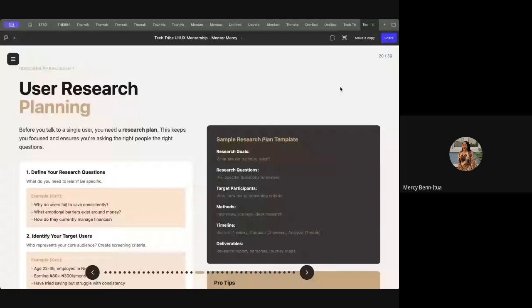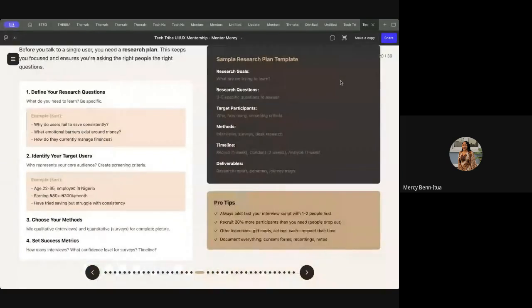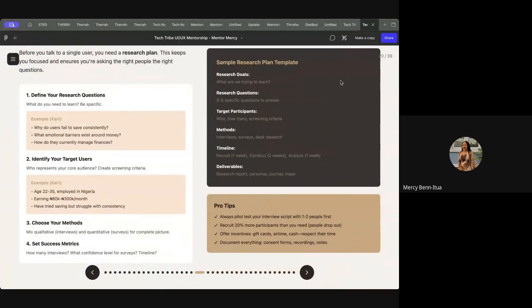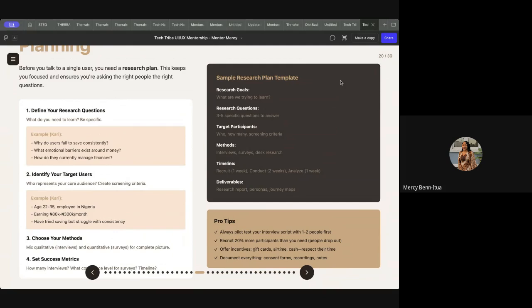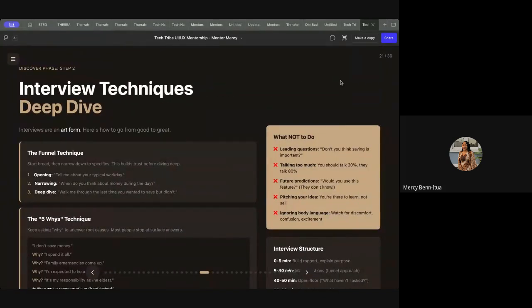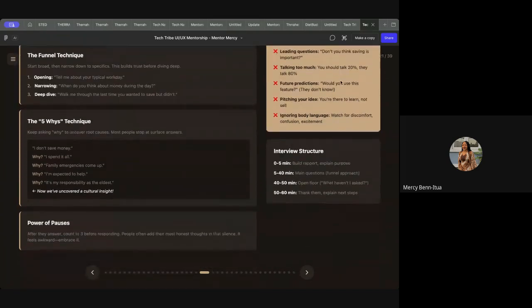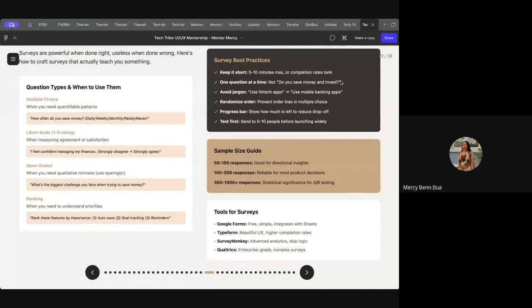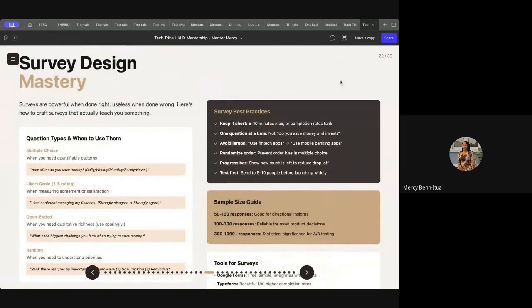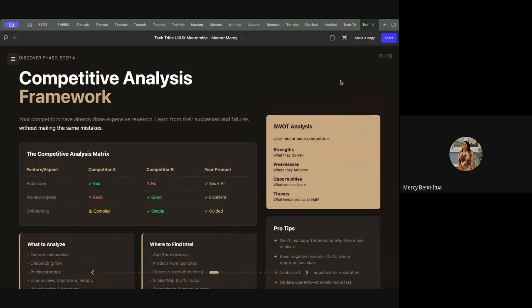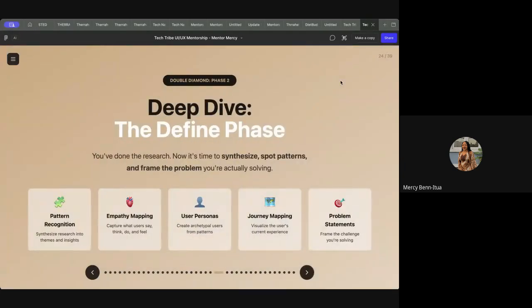which is user research. We talked about how to do user research planning for interviews. I gave you examples of questions. I gave you tips and how to create your research templates to make sure that you're talking to the right people. Many people did their research and interviews. And then we moved forward to doing surveys. People created surveys on Google Form and sent them out to be able to gather quantitative data. Then we moved forward to also talking about competitive analysis. And then we went into the